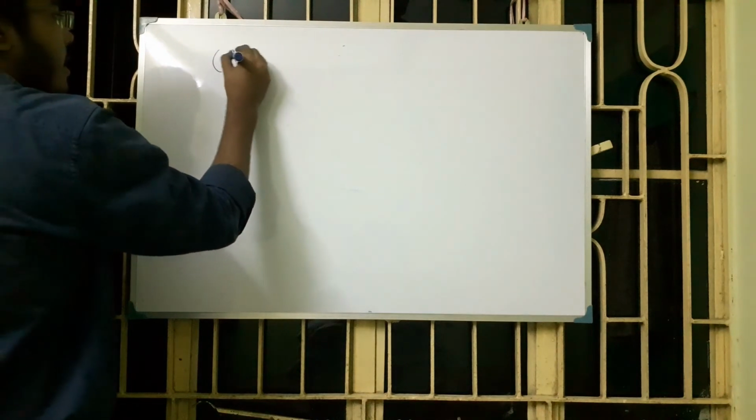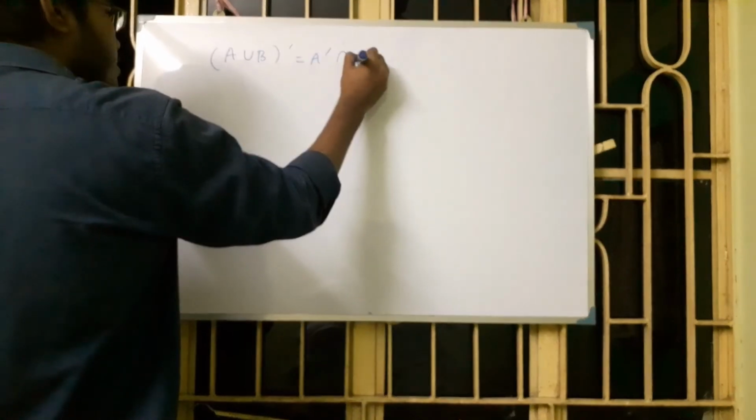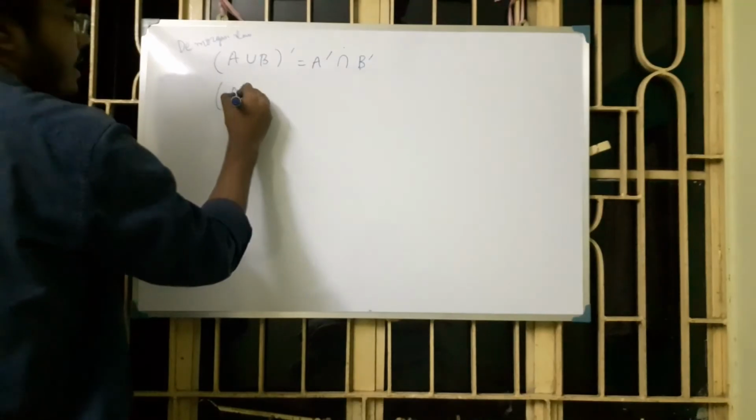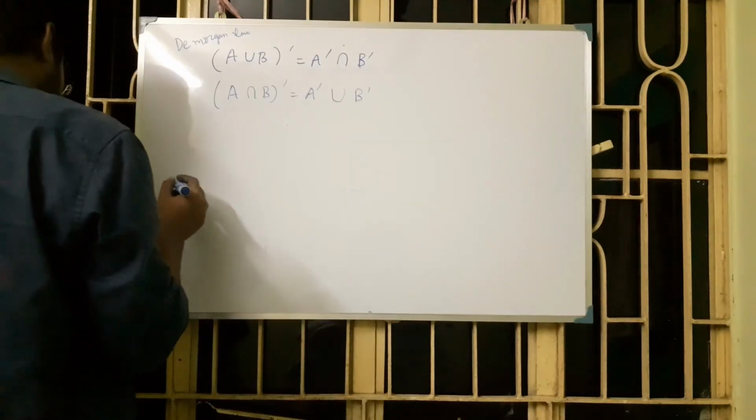Okay, I am writing the formulas, that is complement of A union B equal to A complement intersection B complement. This is De Morgan law. Okay, this is De Morgan law, and also complement of A intersection B is equal to A complement union B complement. Remember the signs are different. Okay,